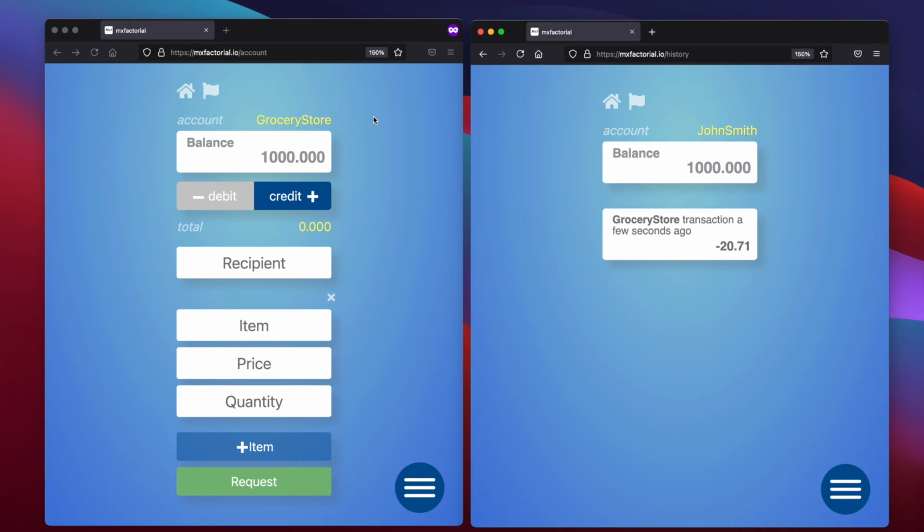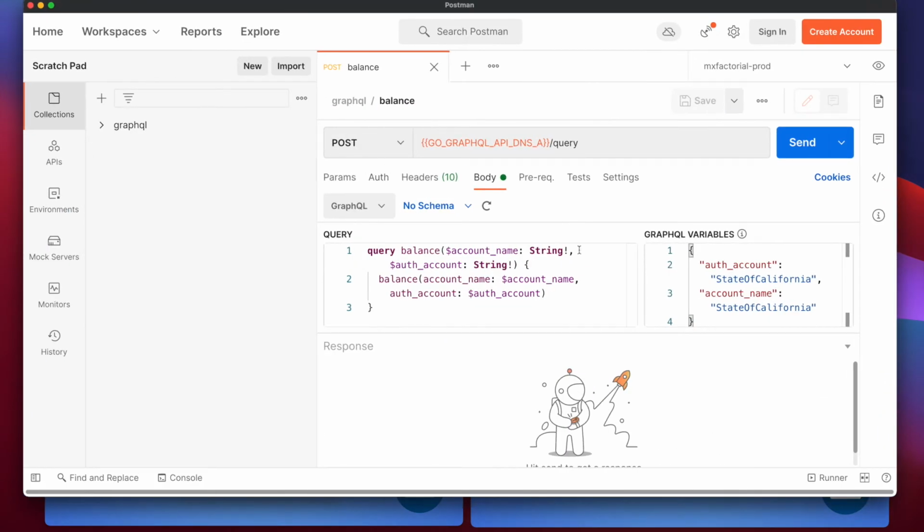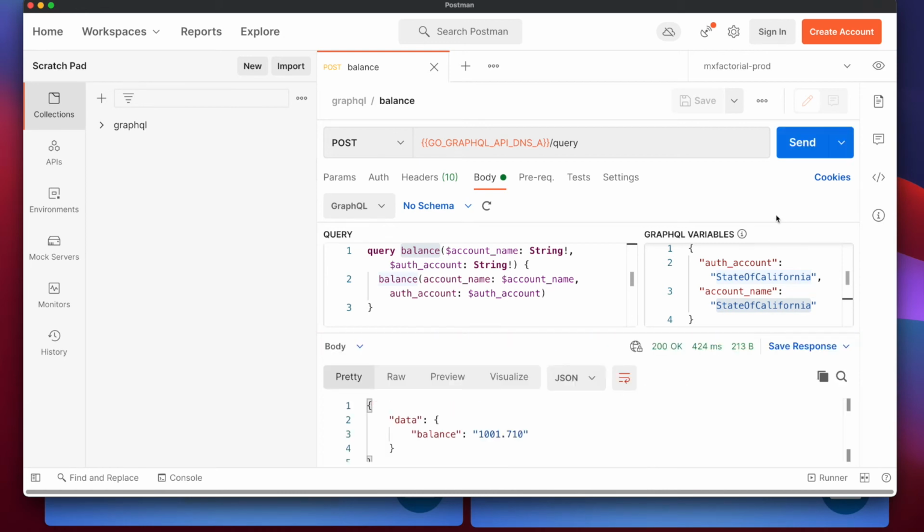Here, in the creditor session, that's grocery store, hit refresh, and the grocery store balance increased by 19. We're out of privacy windows for separate sessions, so to look at the balance of the state of California, we'll just use this endpoint development tool and send a GraphQL request querying the balance of the account belonging to the state of California. Select the Send button. This will show where the remaining $171 in taxes went. And there it is. The government received its taxes immediately.